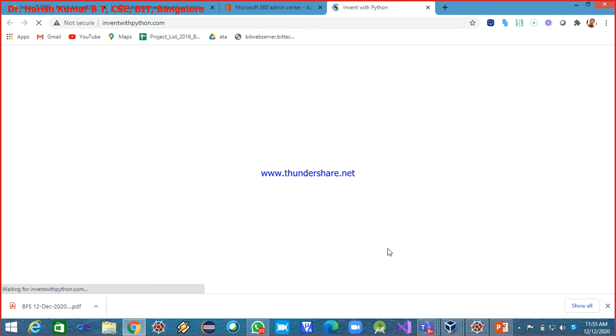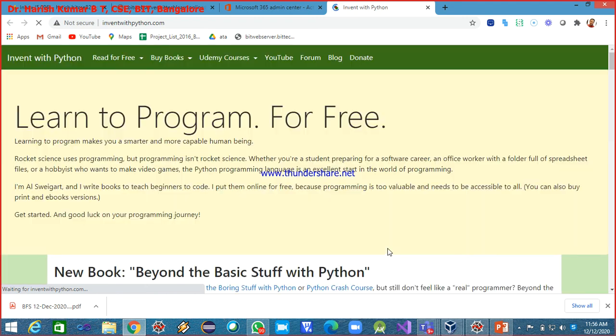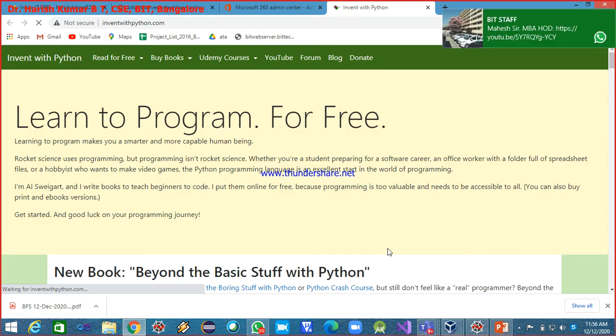It returned me True. Why? Because this is existing. On a success status code, it returns True, and you can see the browser is opened and I have inventwithpython.com opened.